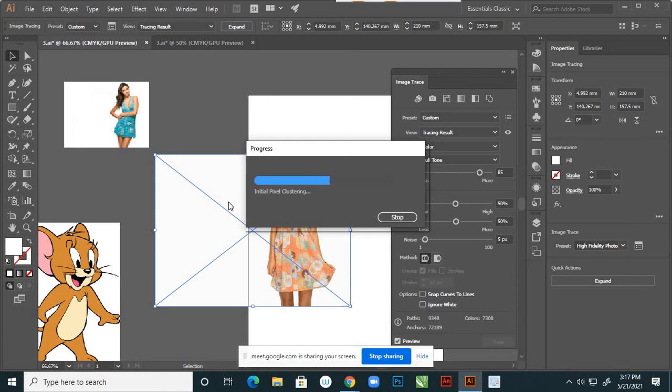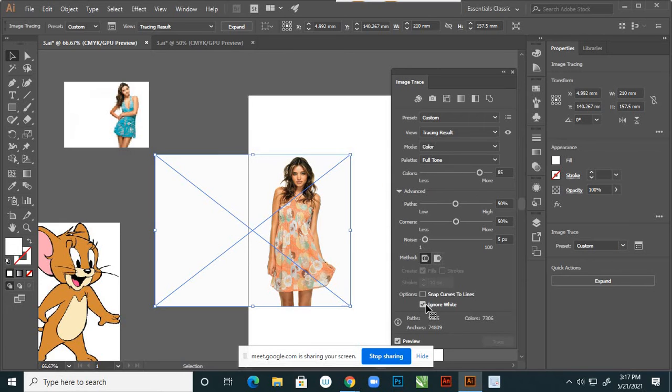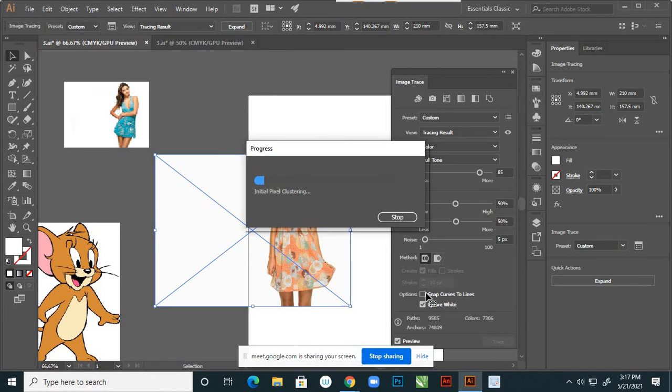Depends on the picture colors, it takes time. So this is one method, ignoring that white.